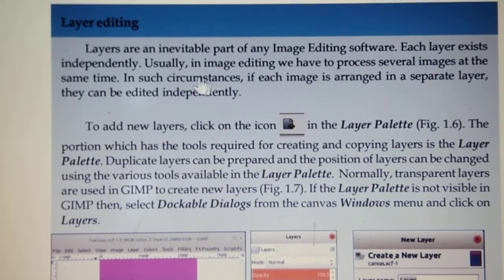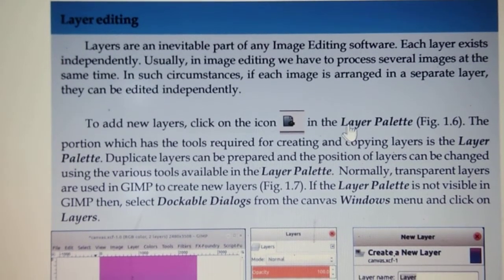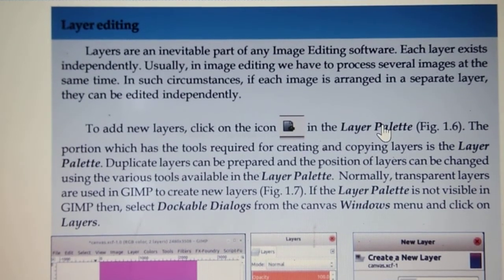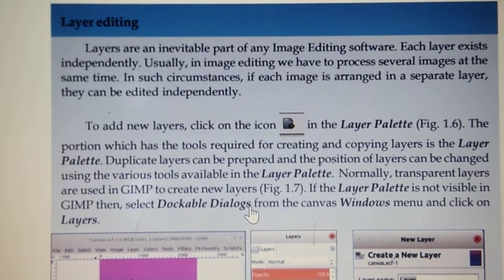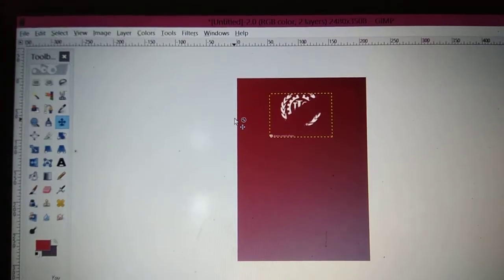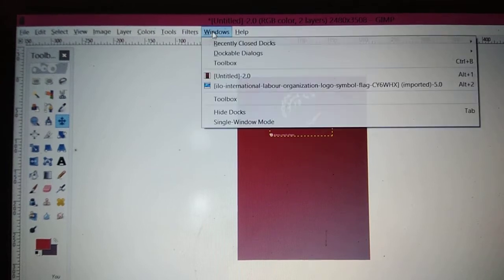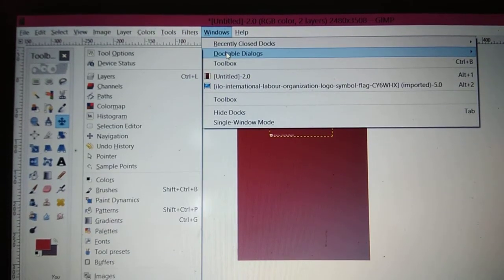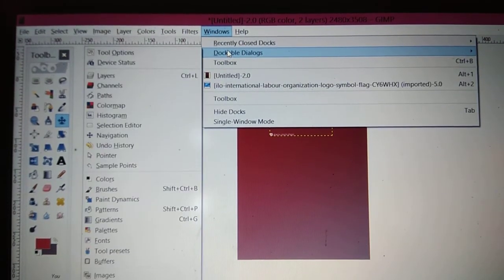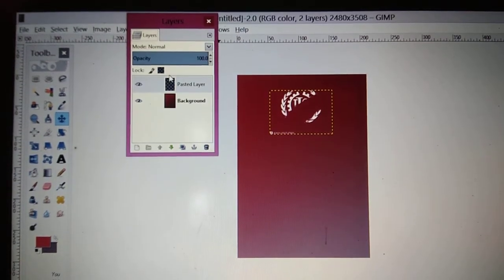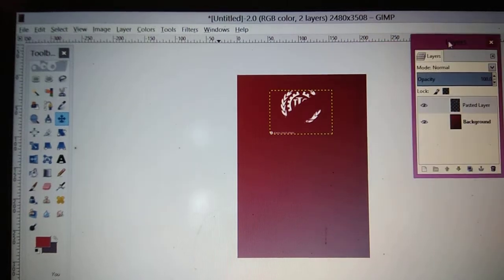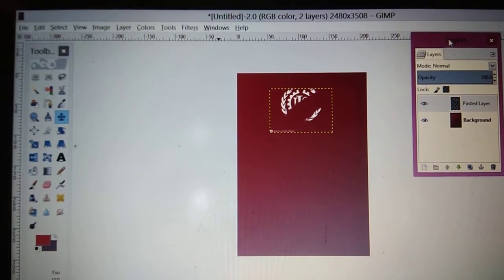We can edit a layer by using the layer palette. So open the layer palette in the dockable dialogs. Open Windows, then dockable dialogs. In that, layers. Then the layers window will open.